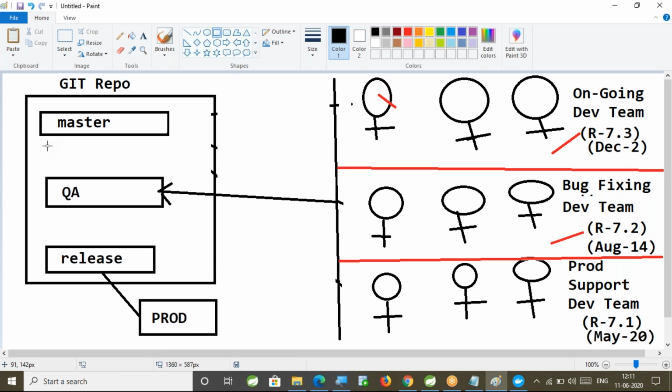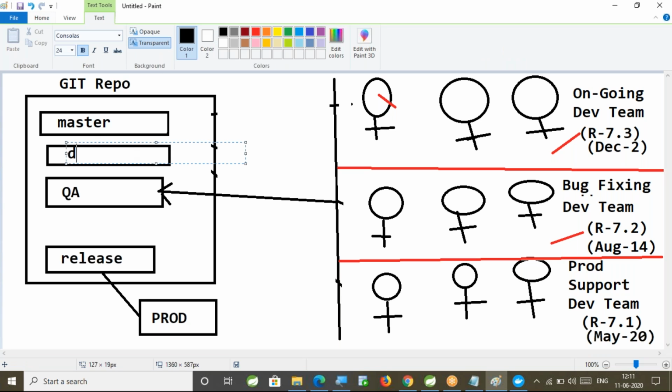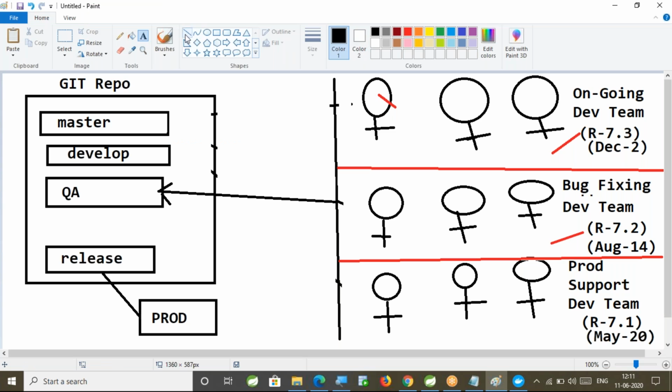Now, whenever there is a new release, for the new release we are going to create a branch called develop. The people who are working on ongoing development will commit the changes to the develop branch only.